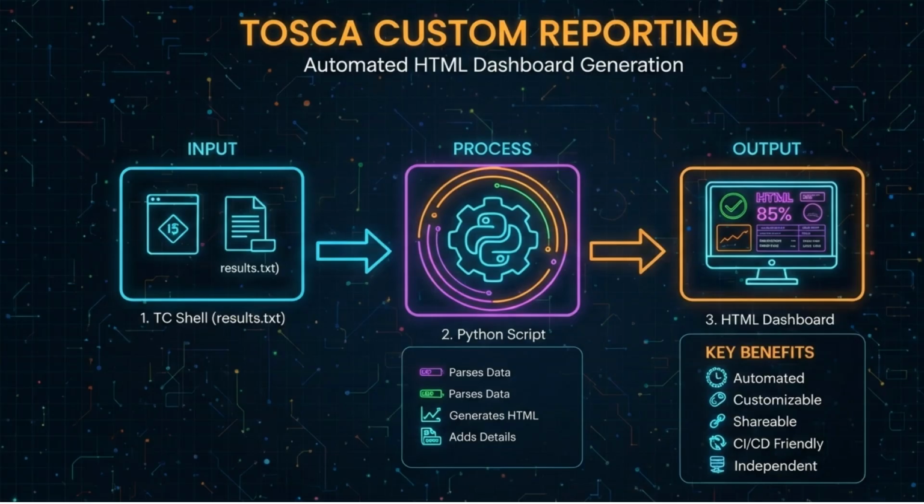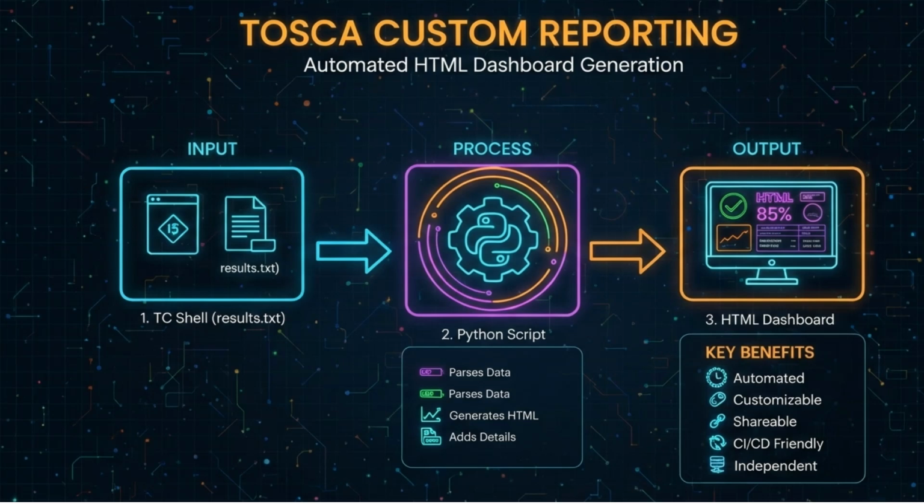Now coming to Tosca, it gives detailed execution results, but when we want to automate the reporting part of it, we are stuck. There is no easy API unless we have Tosca Server. There is no native export of pass-fail results. There is no way to build dashboards without using any external tools. So instead of going around and finding solutions within Tosca, we try to go outside and find an innovative solution